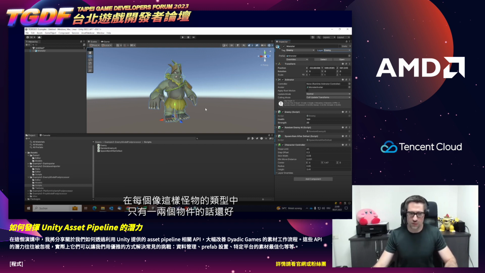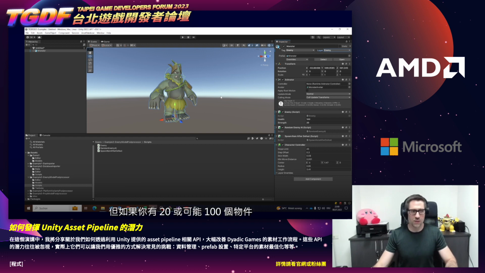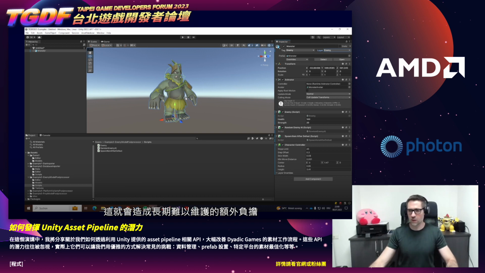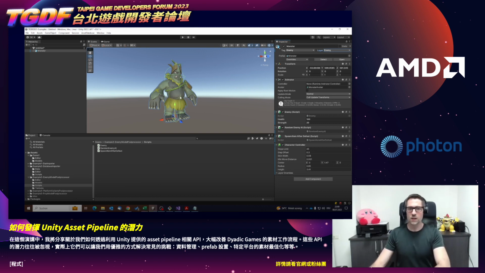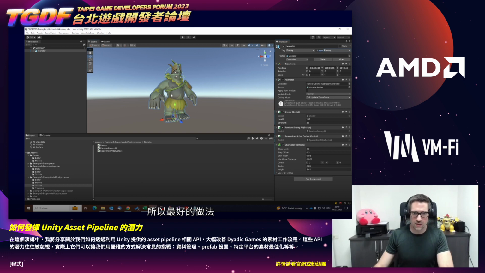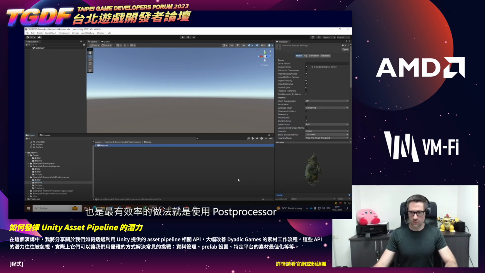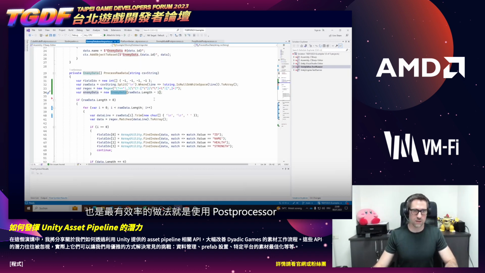It's fine if you only have one or two of this category, in this case, monsters. But suppose you have like 20 or maybe 100 and you have a lot of components to set up, then this will create a lot of overhead and will be hard to maintain in the long run. Specifically, when something in your game systems is changing, then you need to go through each single prefab and set them up again. So the way it's done in a more efficient manner is using